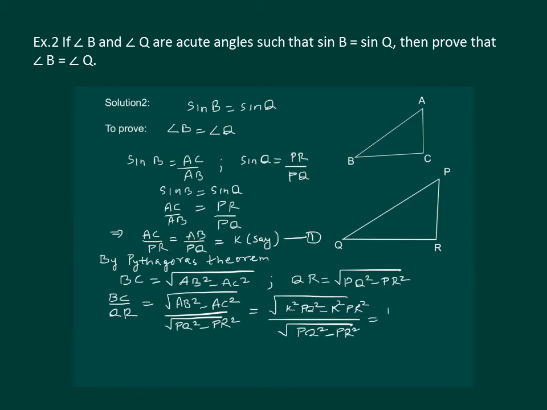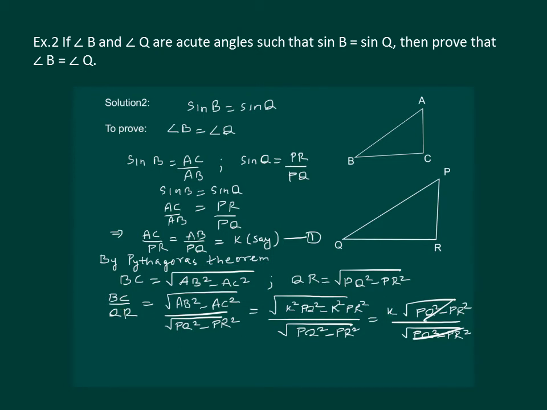On solving further, we get the following expression, and ultimately the ratio becomes equal to K, implying that BC by QR is also equal to K,